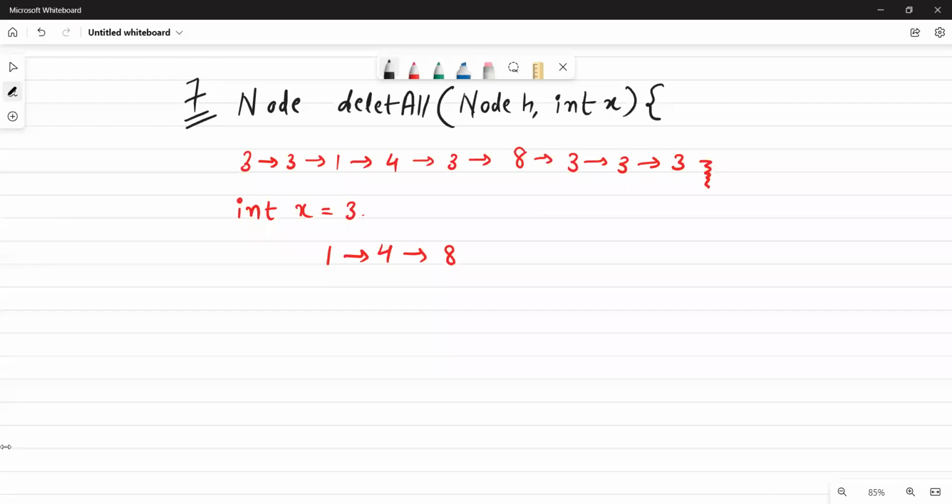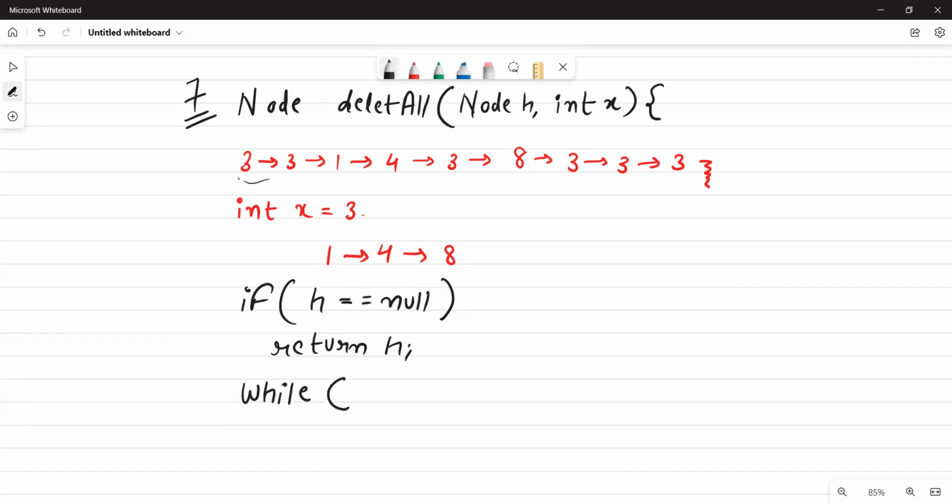First of all, in any kind of linked list, the first thing you should be aware of is that your linked list should not be null. So you should check if your head is equal to null. In that case, you need to return head only. Next, as you can see, it is expected that in the start itself there can be lots of data similar to the one given by your x. So in the start itself, you can start traversing